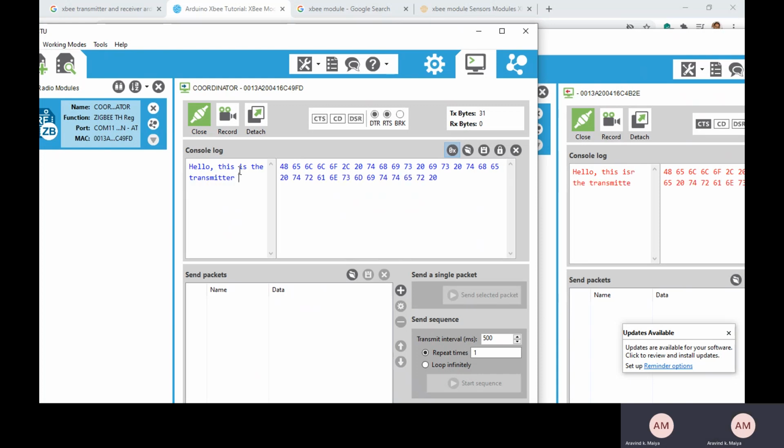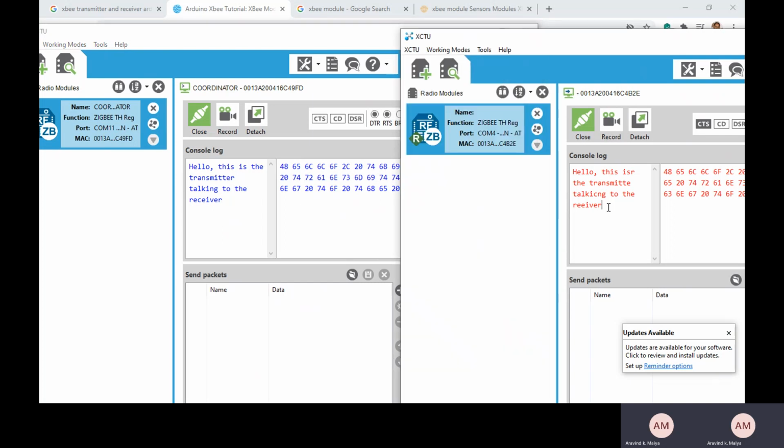It might take some time, there might be some delay. This is the transmitter talking to the receiver, and this is what is appearing in the receiver module.